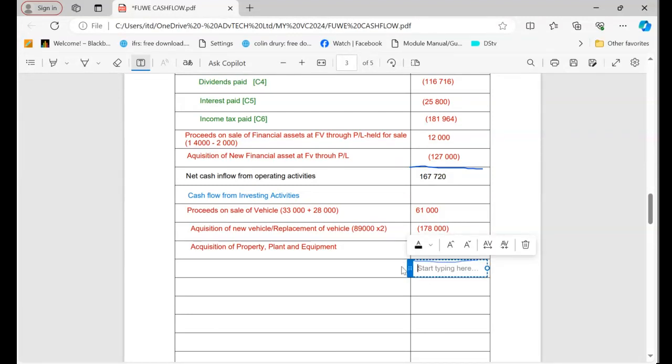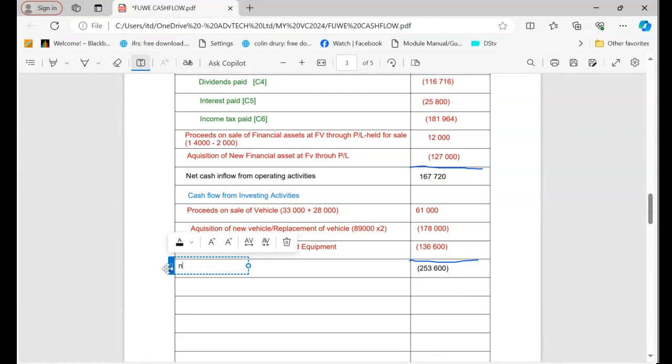Positive or negative? Negative. What does that mean if it's negative? That means cash went out. In other words, for this section, cash went out, whereas at least here it came in. That's why it is net cash inflow. Here I'm going to write net cash outflow